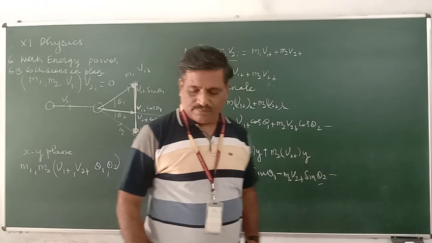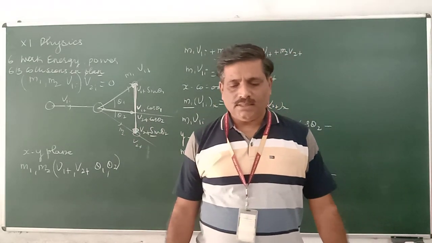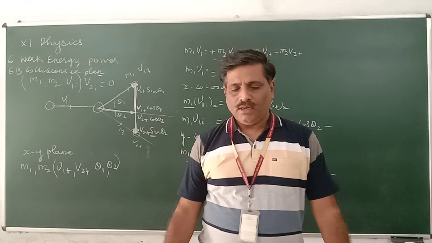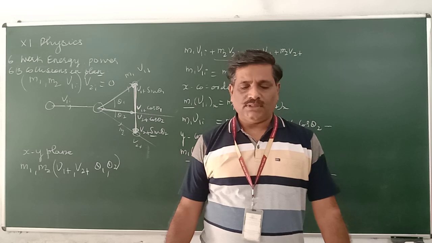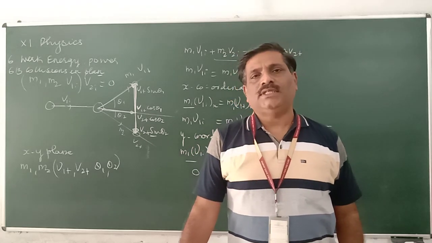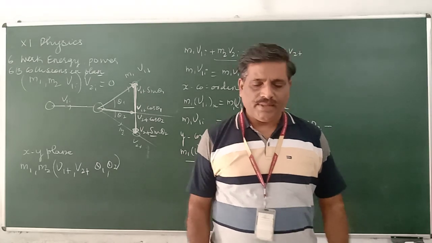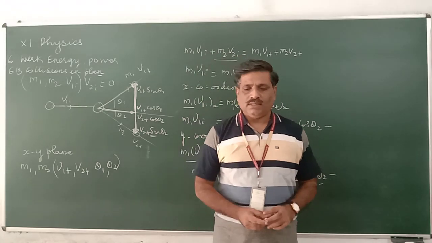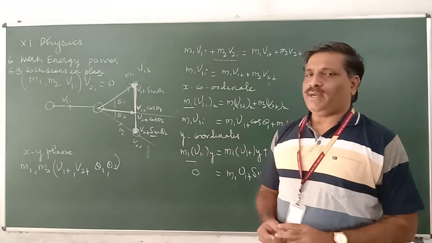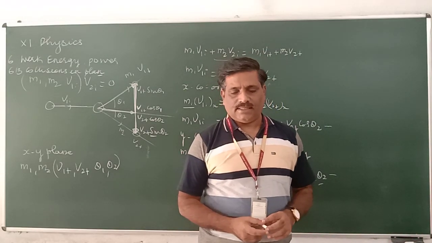Let's discuss problem 16.13. Consider the collision depicted in figure 6.10 to be between two billiard balls with equal masses m1 and m2. Two billiard balls collide with each other. Normally we see this one, that is, the masses are equal. The first ball is called the Q while the second ball is called the target. First one is Q, and the one which it hits is the target.